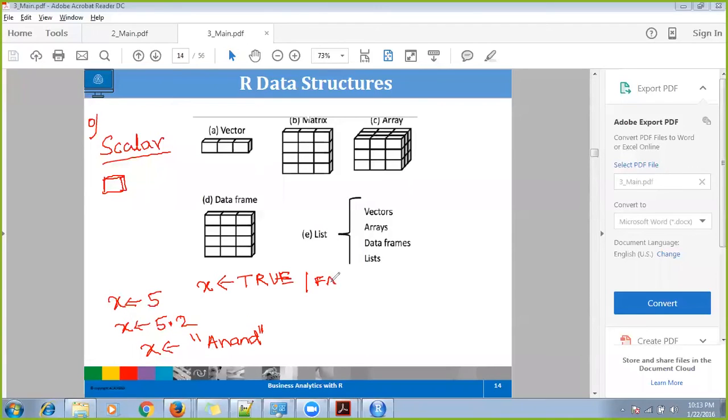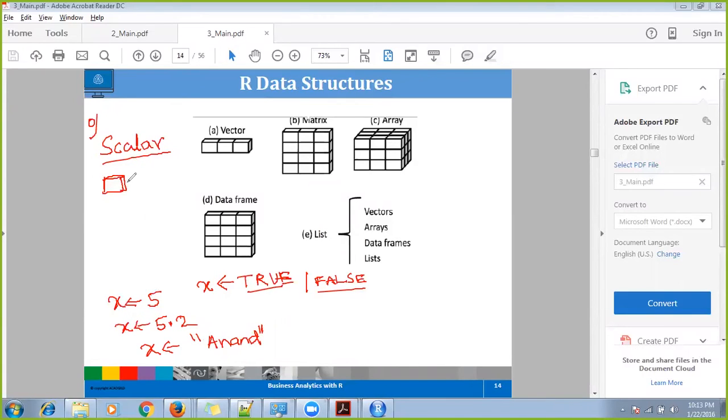This is like a binary value. So you can write TRUE or FALSE; these are all logical values. So these are all the scalar operations we have seen: how to assign a string value, how to assign a logical value. We have almost covered this, right?